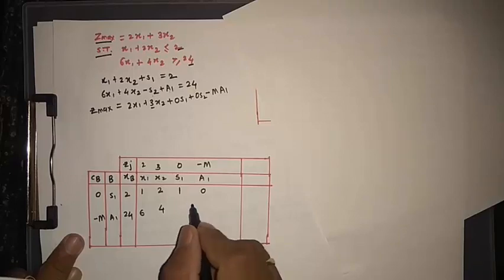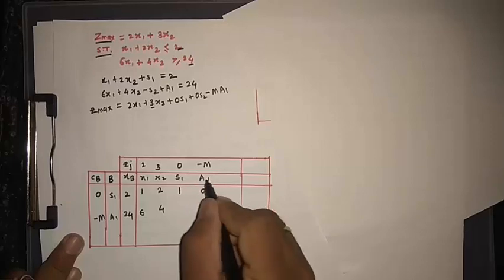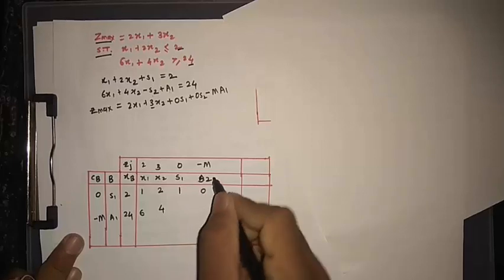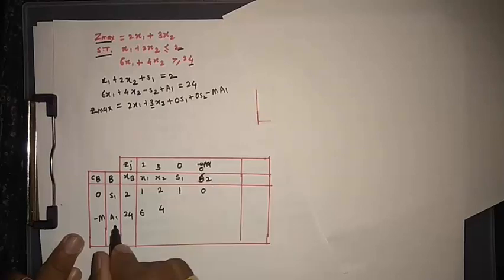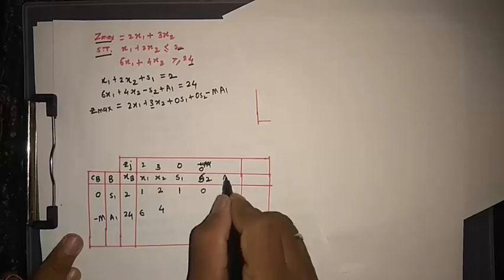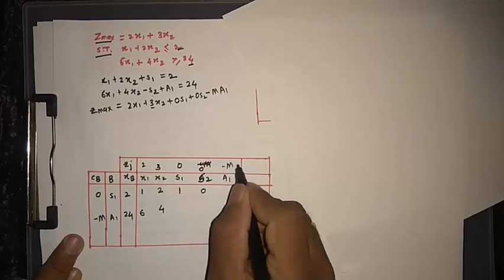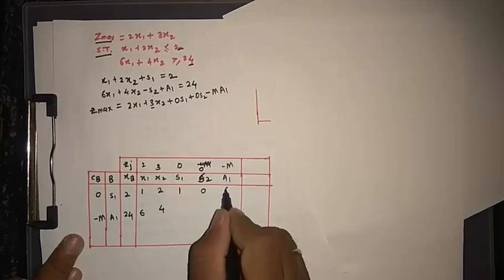We will consider here s1, s2 also. So first of all, we consider here s2 also. So I just make a small correction. S2, we only consider as a basic variable in this column, and in this particular row we will consider all the variables. So this is a1. Okay, sorry for the mistake. Now this is minus M. Okay, so in this case it becomes 0.